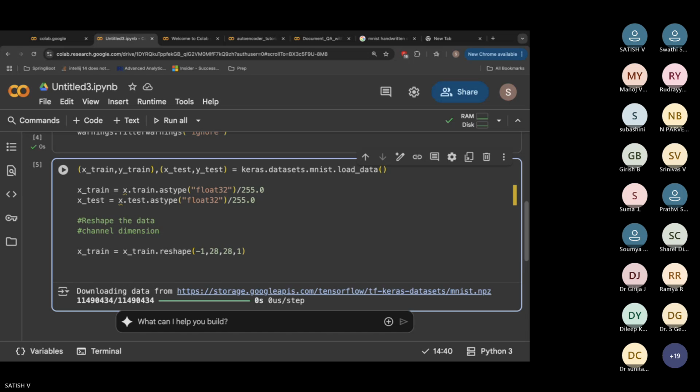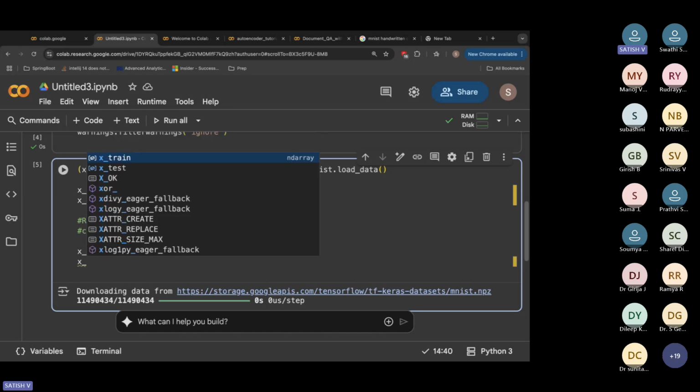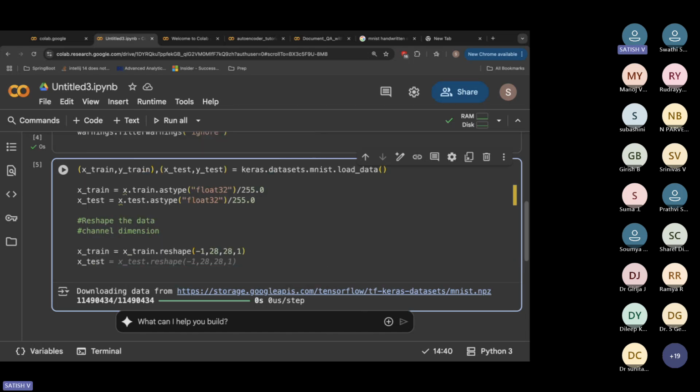Similarly, we will repeat the same for the test as well. X test is equal to,